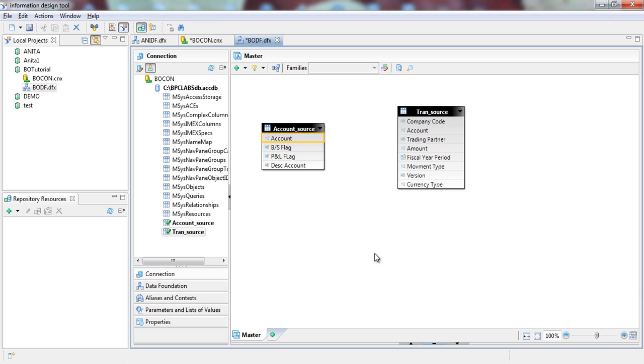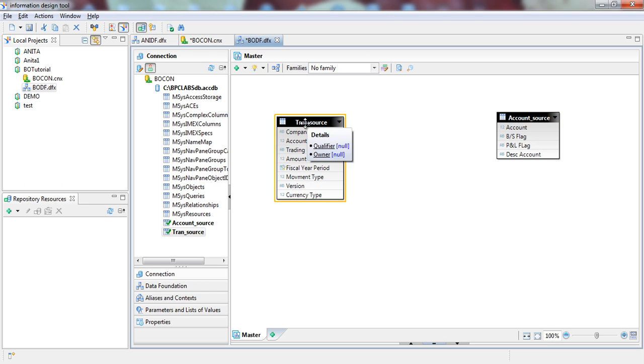So since I know the data, this is the transaction data and this is the master data. So the join can be, let's make it easy. Just drag and drop from the account source in the master data. Actually, you know what, I'm going to flip it here. So the account in the transaction data is equal to the account in the master data. So it gives us those